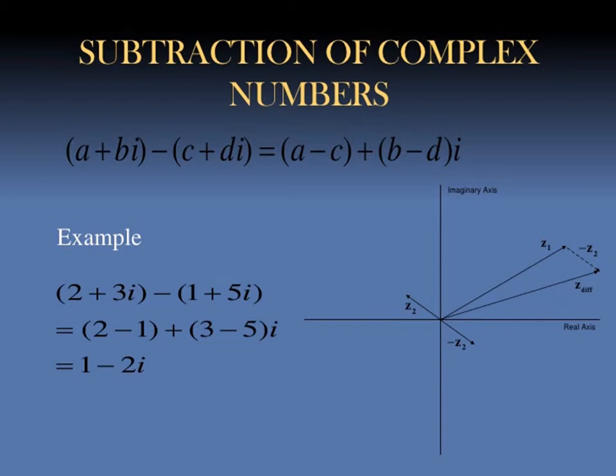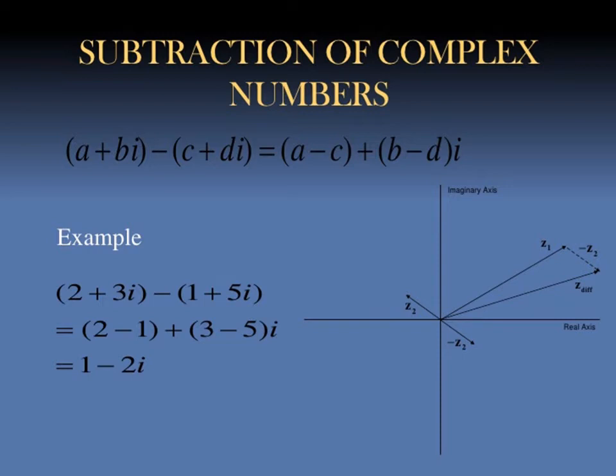And perform the subtraction on these two complex numbers. The fundamental operation here is the subtraction of two complex numbers. We take the real parts of the complex numbers, that is 2 and 1, that is 2 minus 1. The middle sign is plus because there is a plus sign for the imaginary parts. Then we take the subtraction of the imaginary parts, that is 3 minus 5, into i.